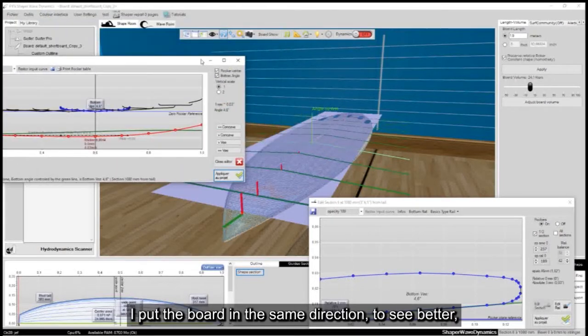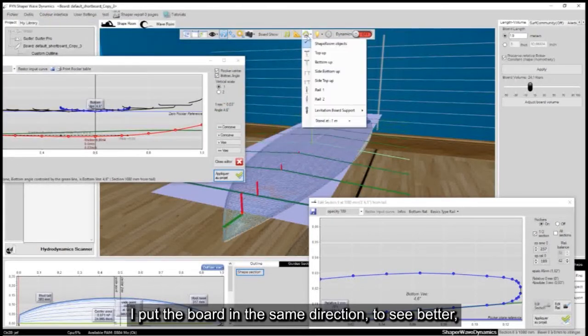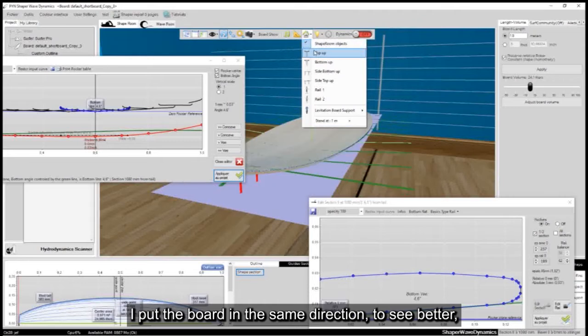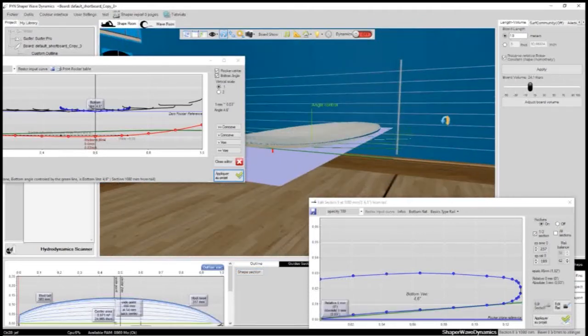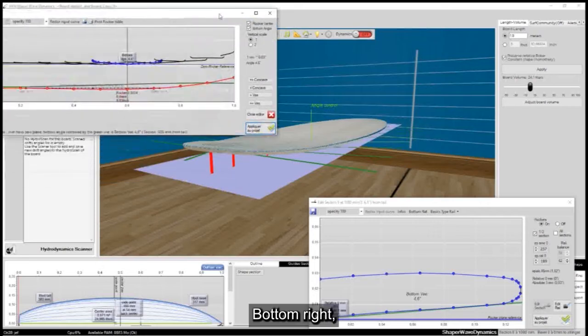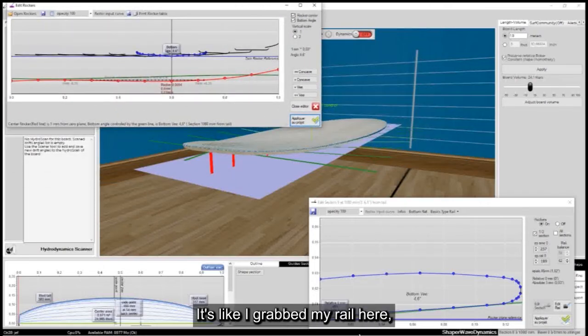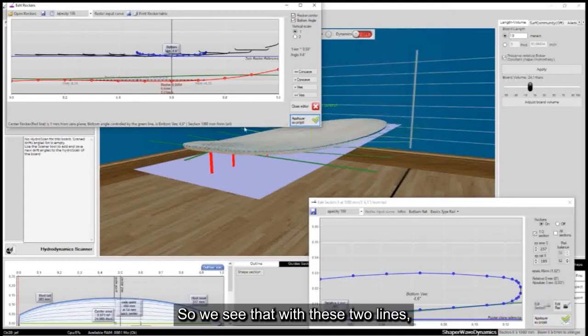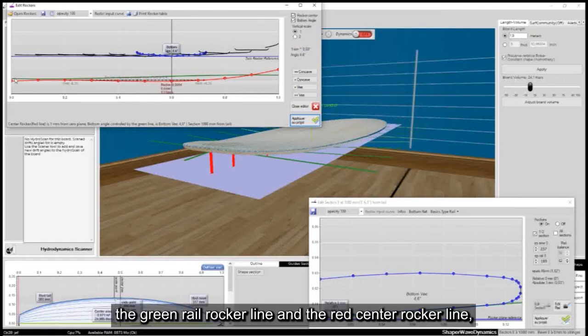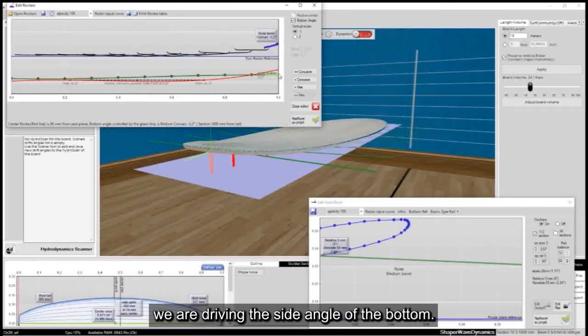I put the board in the same direction to see better. Bottom right, it's like I grabbed my rail here and pulled my rail up. So we see that with these two lines, the green rail rocker line and the red center rocker line, we are driving the side angle of the bottom.